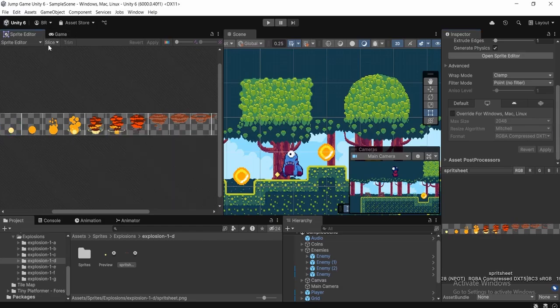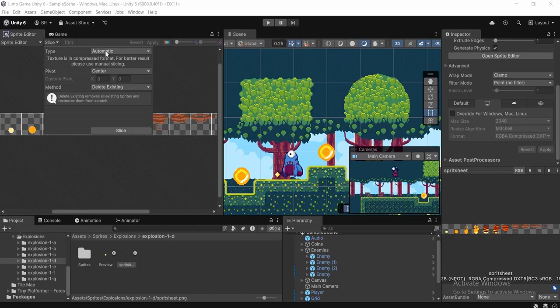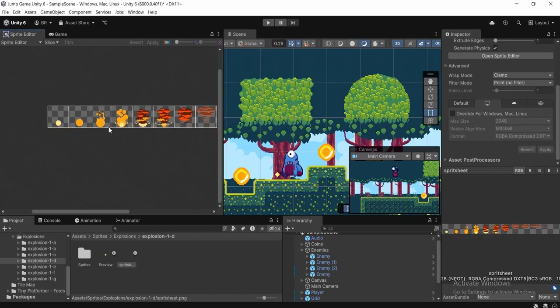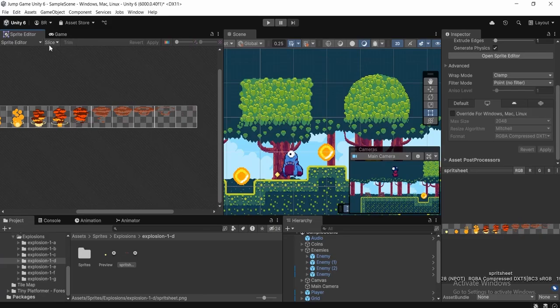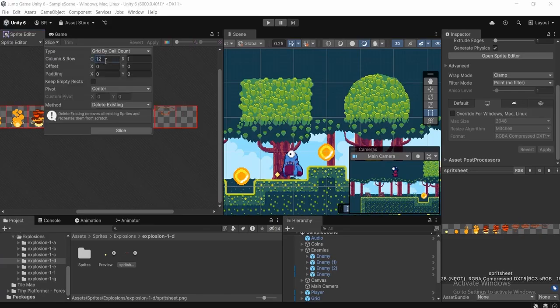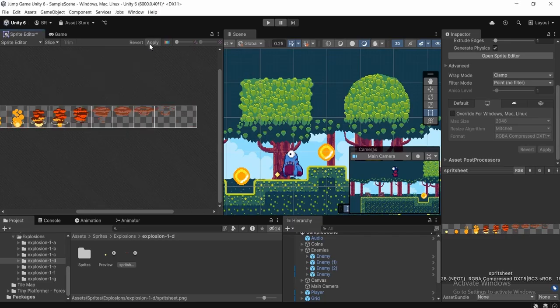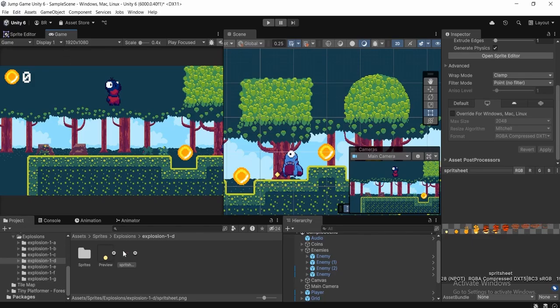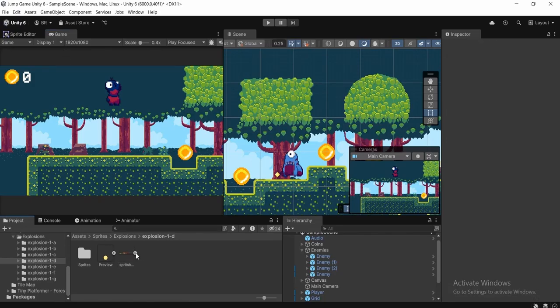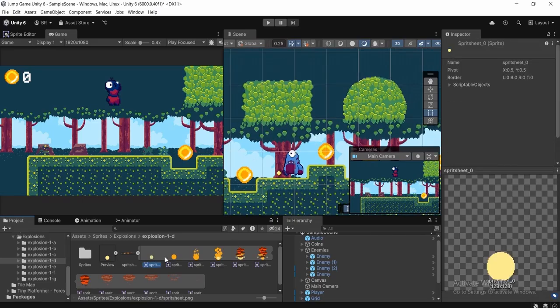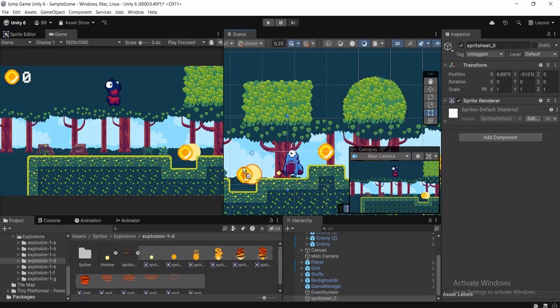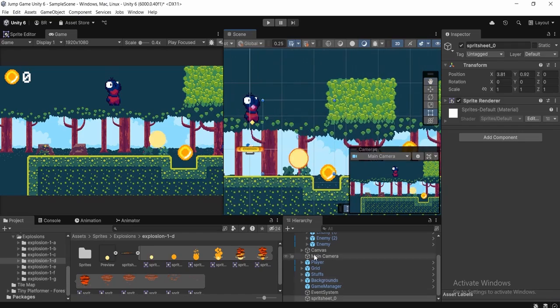In the top left you can see slice, so just click there, select automatic to create by cell count, and count how many columns and rows we have. So 4, 8, 12, so we're going to put 12 columns and 1 row. Now let's click on slice and then apply in the sprite editor, and I'm going to select my game view once again, go over to that sprite sheet, and click on this arrow in order to see the individual sprites. I'm going to select the first one and drag it over to the scene view,